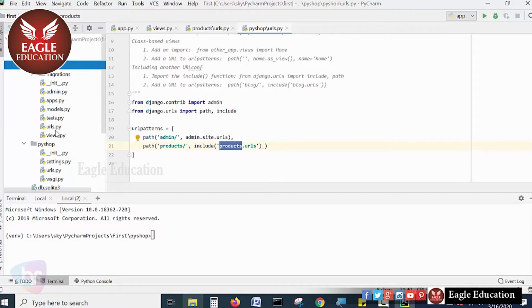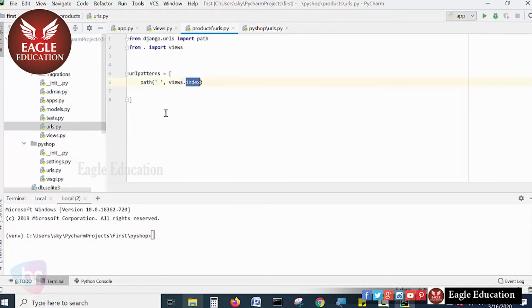Under the package, there is a module called URLs. I have mentioned it here in the project file. This is the URL file. In this, I'm including under the products the products.urls path, where I have implemented a URL pattern of view